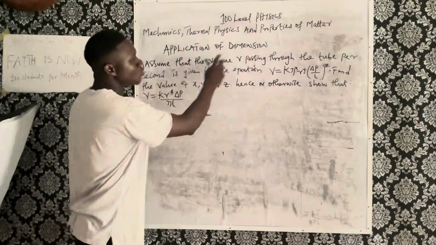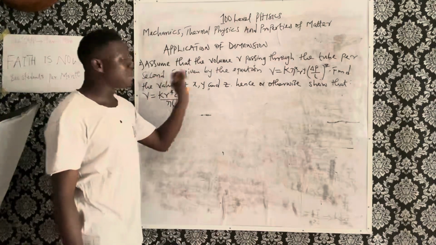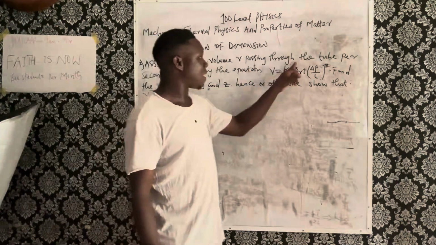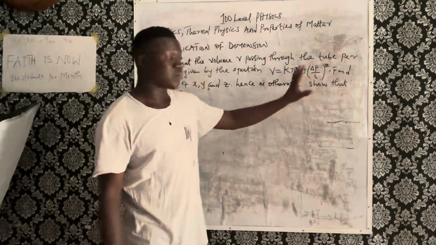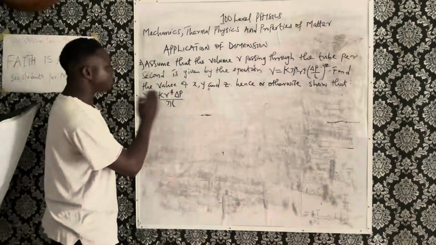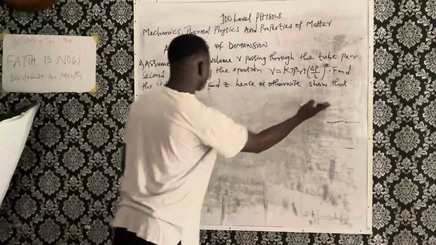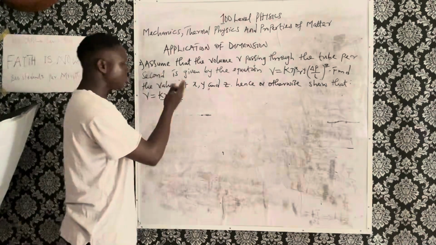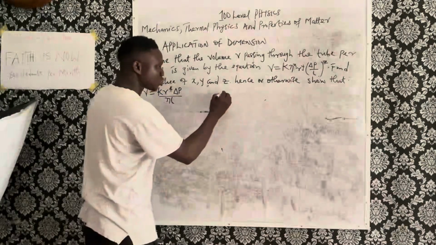Assume that the volume of fluid passing through the tube per second is given by the equation V equals K eta raised to power X, r raised to Y, times the bracket change in P, that is pressure, divided by L raised to power Z. Okay, find the value of X, Y, and Z. Hence, or otherwise, show that V is equal to K r raised to power 4 times change in pressure divided by L. So now from the solution,